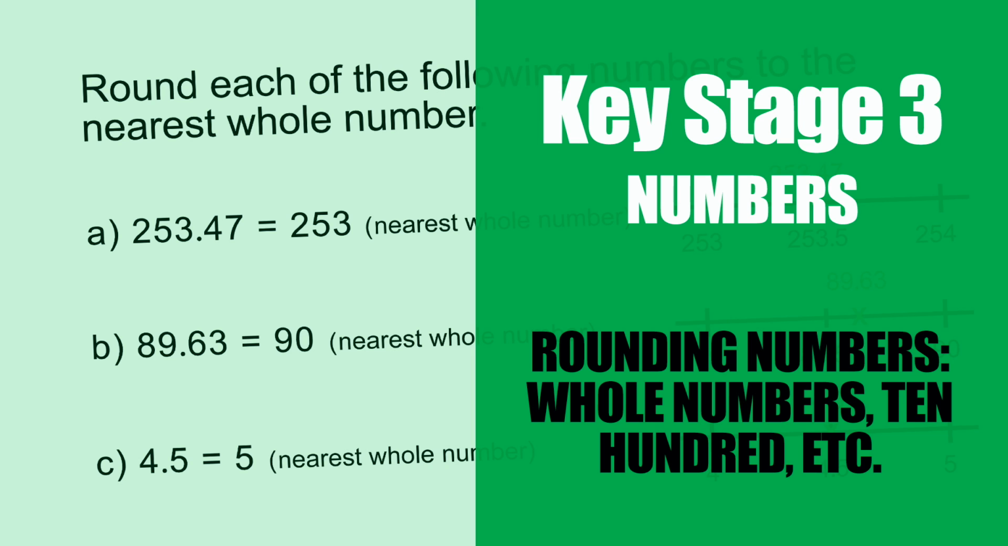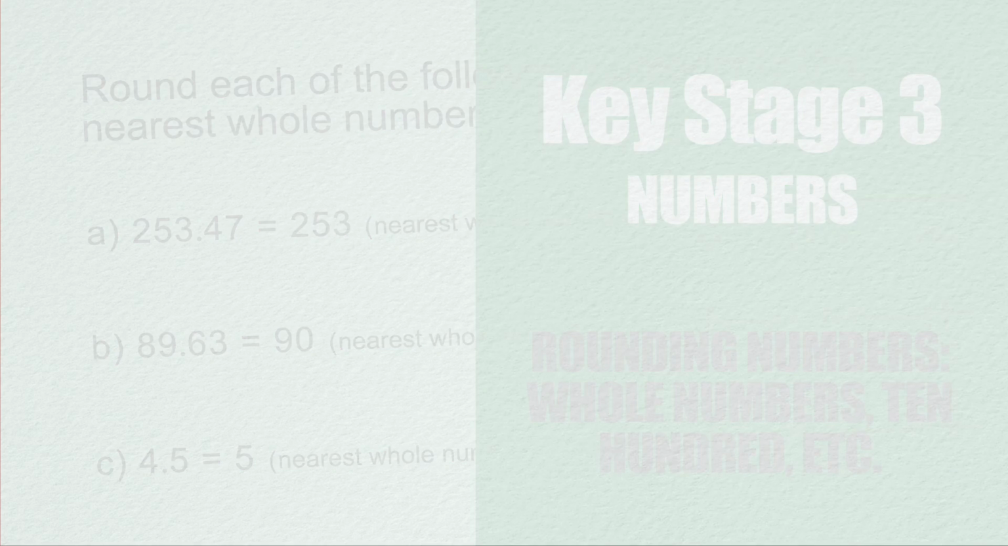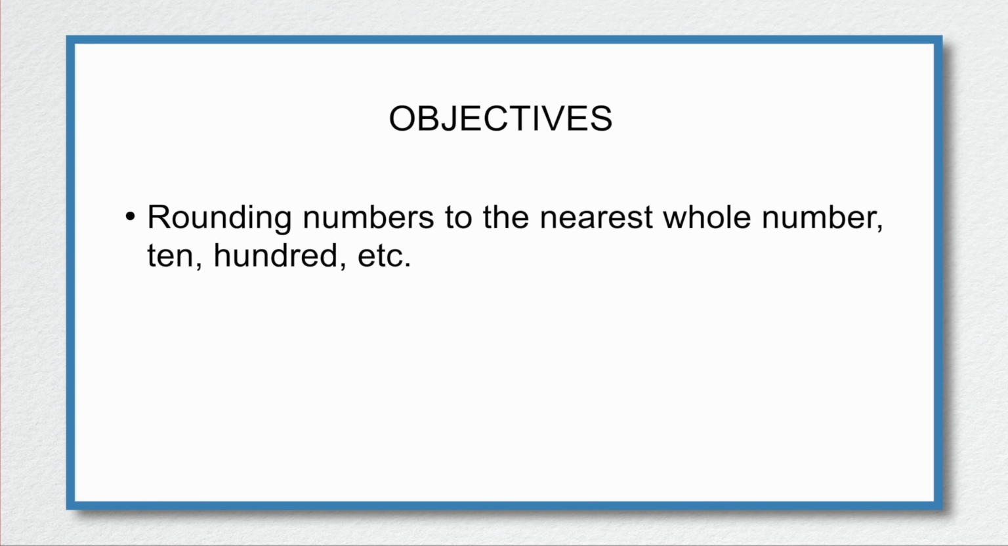So far, we have looked at two different ways of rounding numbers. The first way was rounding to a specific amount of decimal places, and the second was rounding to a specific amount of significant figures. In this video, we're going to be looking at rounding to the nearest whole number, the nearest 10, nearest